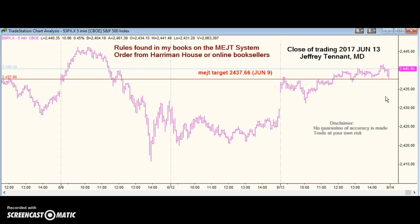It's always tough to call what happens when the Fed makes its announcement, but I think we'll get a clue early on. If we can have a gap up and promptly take out this high, it's going to be hard for this high to hold. But if, as I suspect, this resistance holds, and this resistance holds, and this resistance holds, and if we have